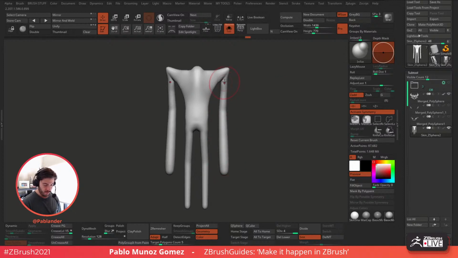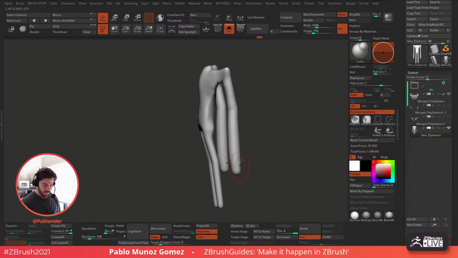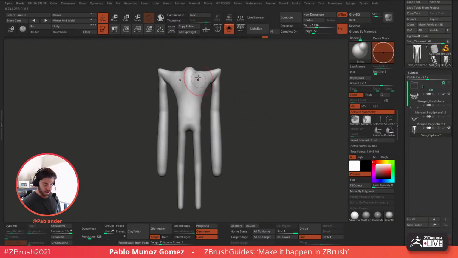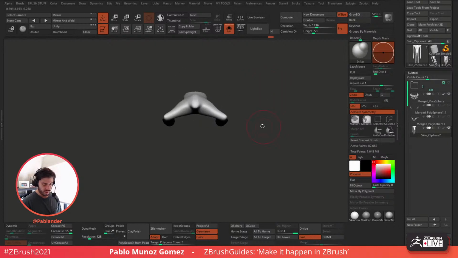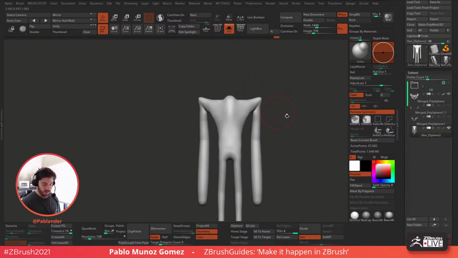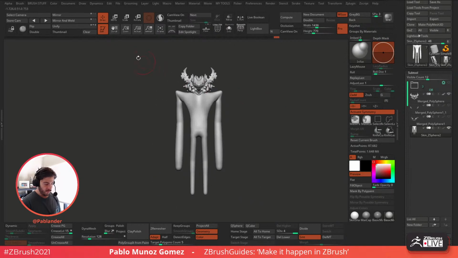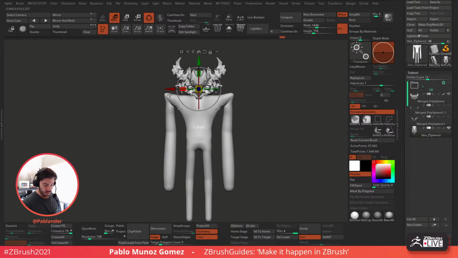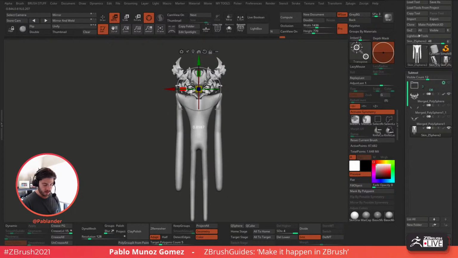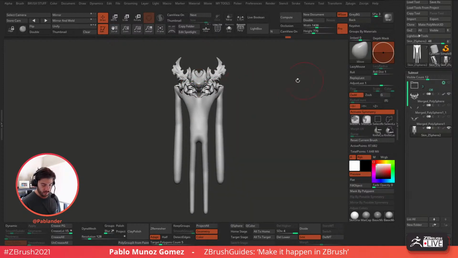So I just want to add a bit more volume. But yeah, the rest, I think it's fine. Cool. So let's get out of solo mode, and now we can start playing around with the scale of this. So it's gonna be a pretty big head anyway. And we can use the move brush to start, you know,